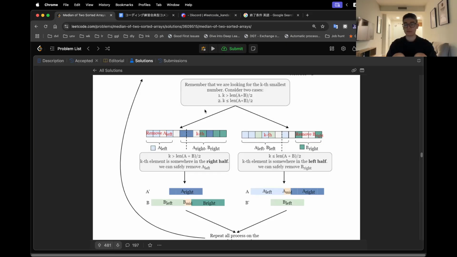So the overall idea is that we keep pruning items from the arrays. It doesn't necessarily mean physically deleting them from the data. We are going to implement this by defining a window, narrowing down the windows, and eventually we are going to